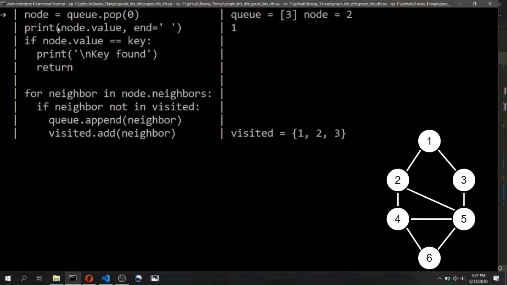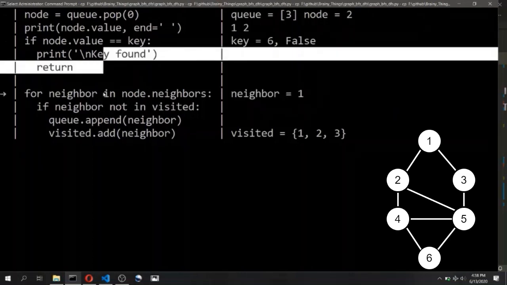The queue is not empty, so this loop will continue, and the 0th element will be popped out. Now the 0th element is 2. The value of this node will be printed like this with a space between. It will check if the key that we are finding, that is 6, matches the node's value. It is not, hence this condition becomes false.